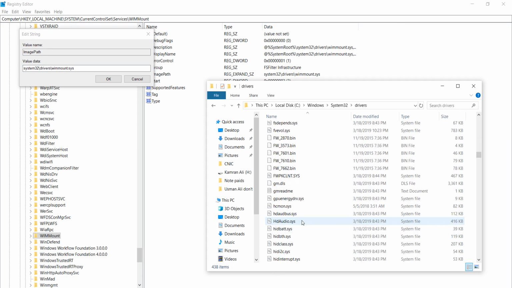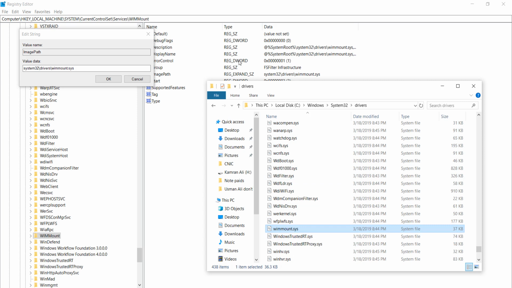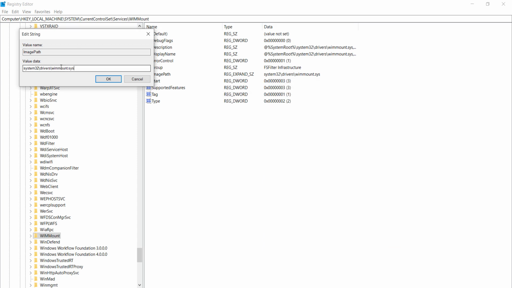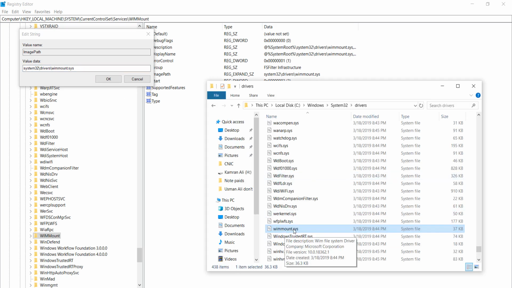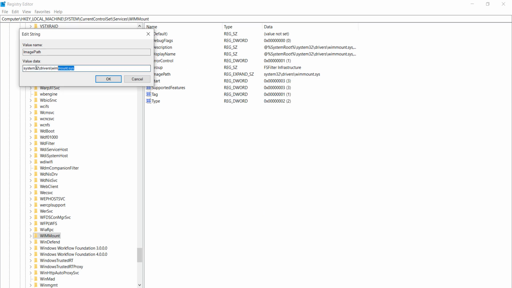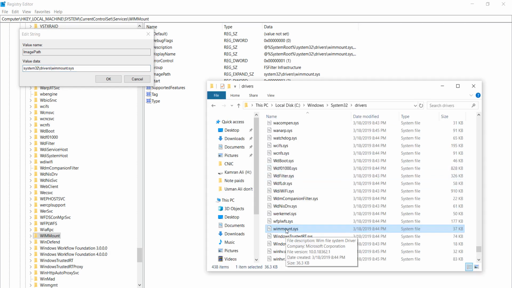Scroll down. Now here you can see that the location shows no specific location may also appear. So if this file does not appear on this address, then you can set this address. So at this time you can see that this address and this application file also exist. So after doing this step,